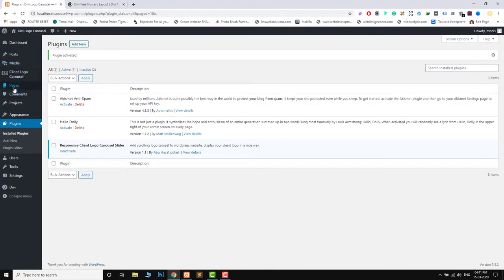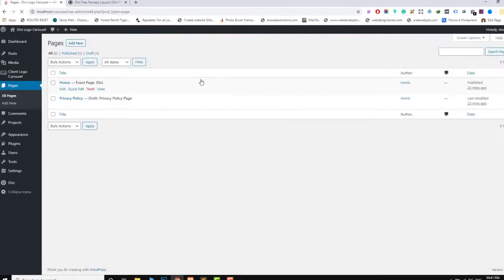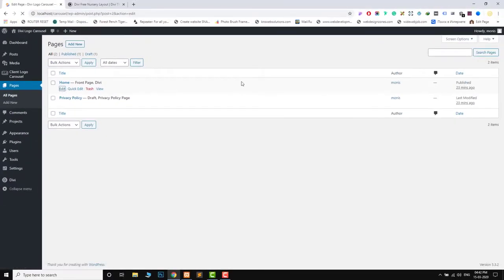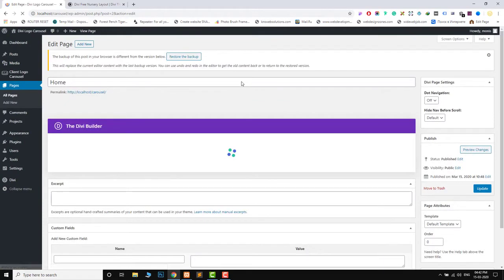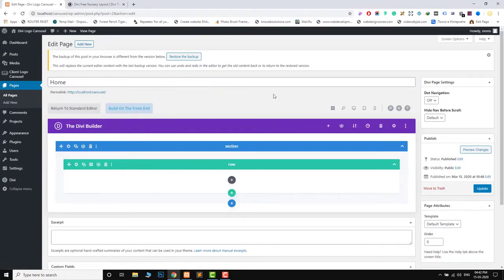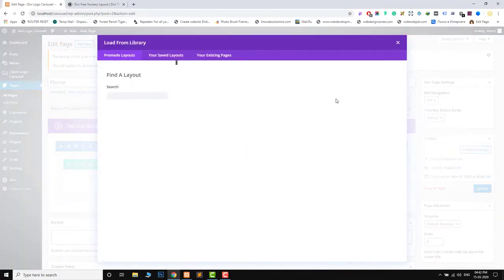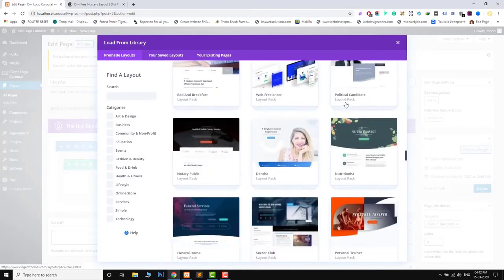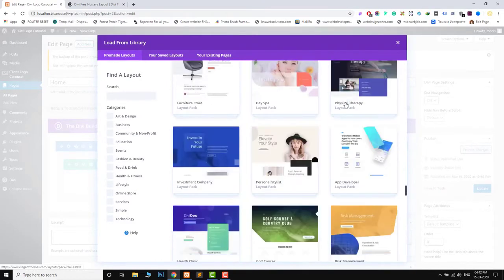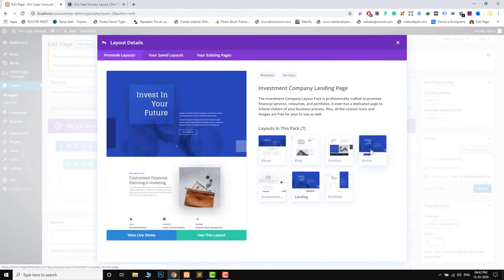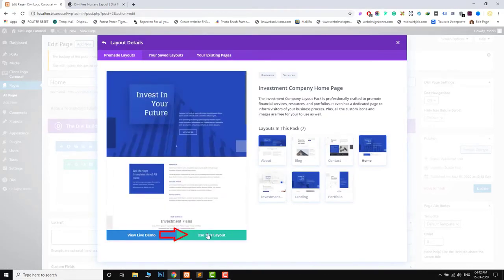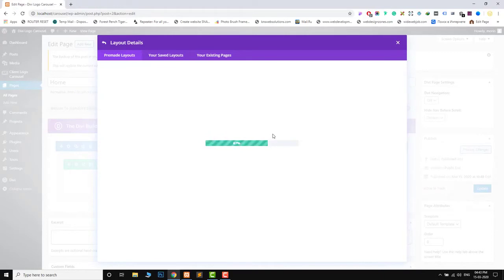Now we have to edit our home page to add this logo carousel. So edit this home page. This is a totally blank home page, so we have to add a pre-made layout from Divi. There are hundreds of free layouts available if you purchase a Divi theme. If you have an API key, then you can easily click any example of a layout, like home page, landing page and various sub pages. Now we are adding the home layout.